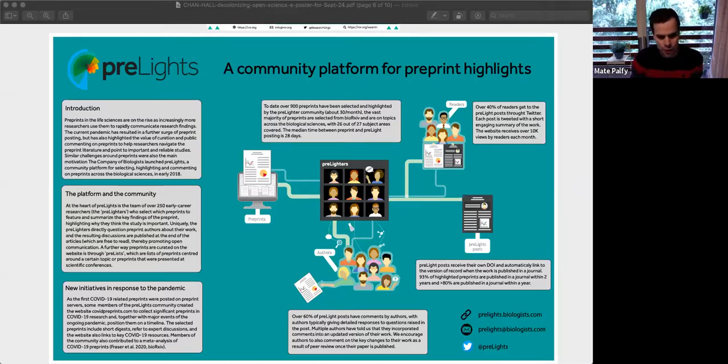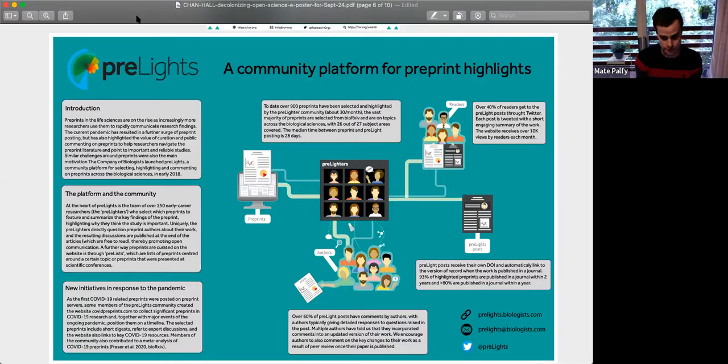I want to move to one of the key roles of preLights, which is engaging preprint authors. The early career researchers raise questions about the work and email these questions to the authors, who can then answer them at the end of the post. We've been glad to see that 60% of the posts have an author response. We've also had positive feedback from authors telling us that they've incorporated some of the suggestions that these prelighters raised